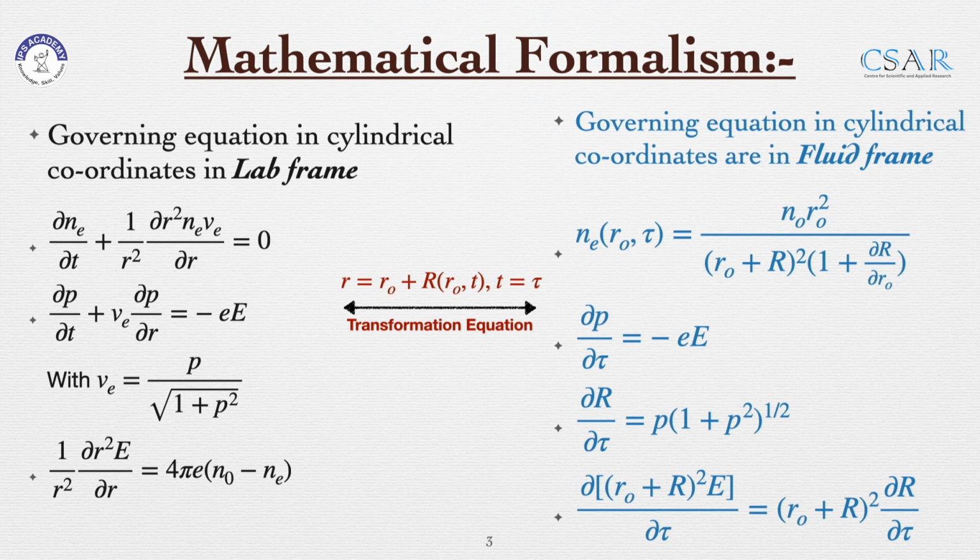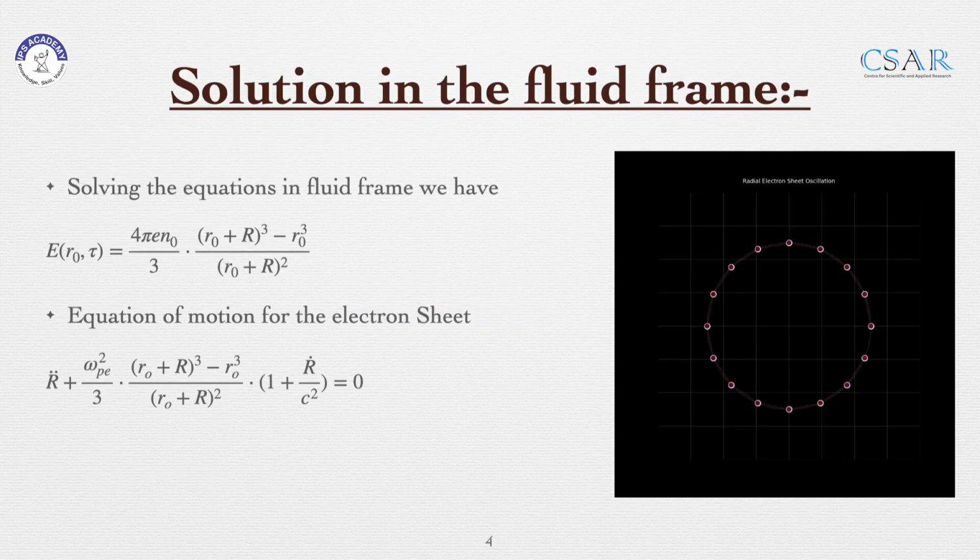So using this transformation, I rewrote the equations: the continuity equation, the momentum equation, and Maxwell's equation. Those are given on the right side of the screen, mainly in blue color. The first equation, in blue, is the density of a fluid element in the lab frame. Solving the rest of the three equations, I can get the electric field, and the electric field here